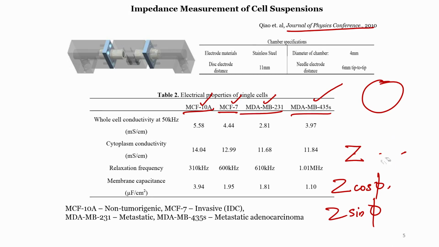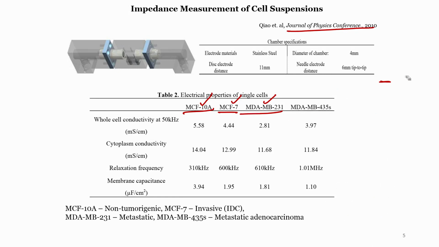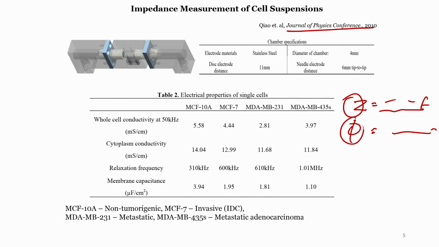Or alternatively, let us say we measure the impedance of a single cell. If we know the mathematical formula for the transfer function of the electrode and the cell interface, then our transfer function will have some frequency dependent terms, and the phase also will have some frequency dependent terms. If we measure the transfer function, Z and phi, we can fit this model and get the circuit parameters like Cm, R, etc.